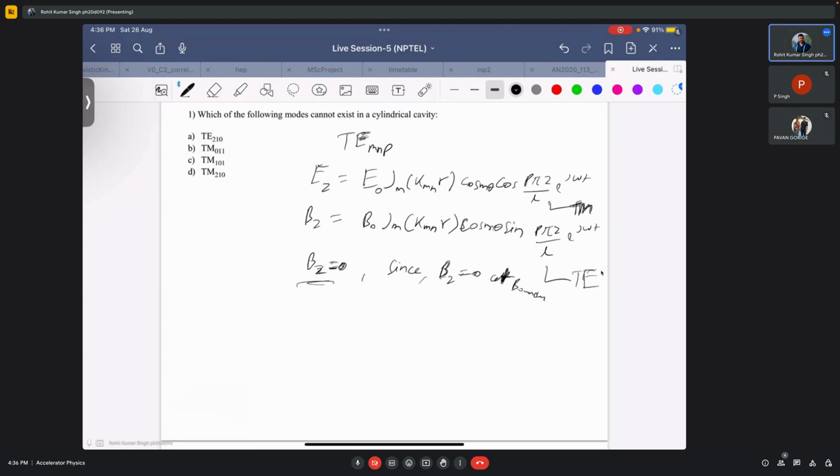So okay, then we have other options. So 011, it will exist, right? There is no problem with 011. And what about 101? Let's see, since you don't have any notebook. So in 101, m is 0, right? So if m is 0,